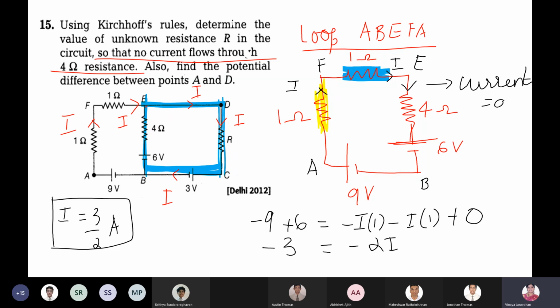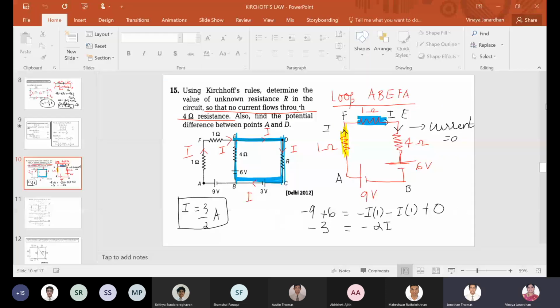Now we have to apply your Kirchhoff loop rule and find the resistance R. So let me take the first loop. Can you see the first loop? Should I work it out? Ma'am, why is current same throughout the circuit? No, because there is no branch. There is no current flowing along 4 ohm resistance, which means there is no branching of current along the arm EB.